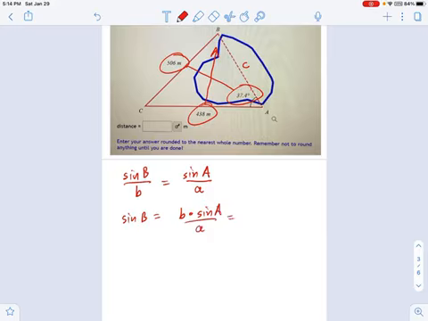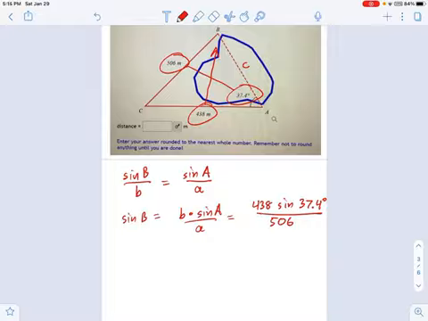And now we plug in the things we know. I know little b is 438. If you look at the picture, that's the side opposite angle B. And sine of angle A, that is sine of 37.4 degrees. And then what do we have left? Little a. That is 506 according to our picture. Okay, so just plug that into your calculator. Let's see what we get.